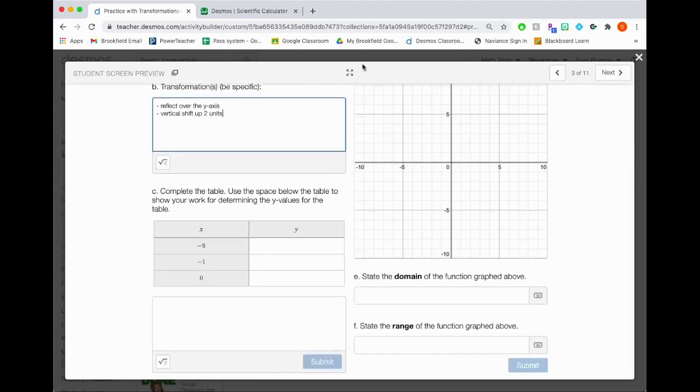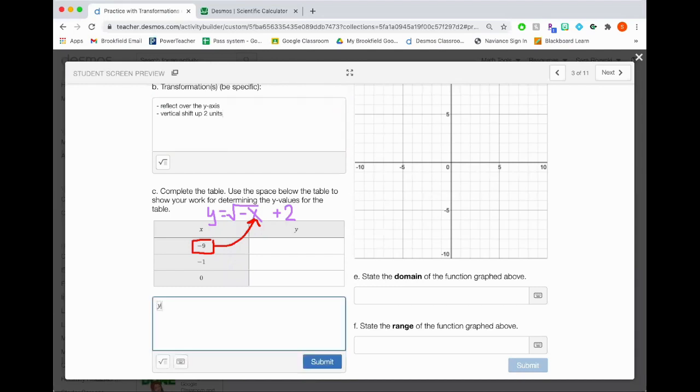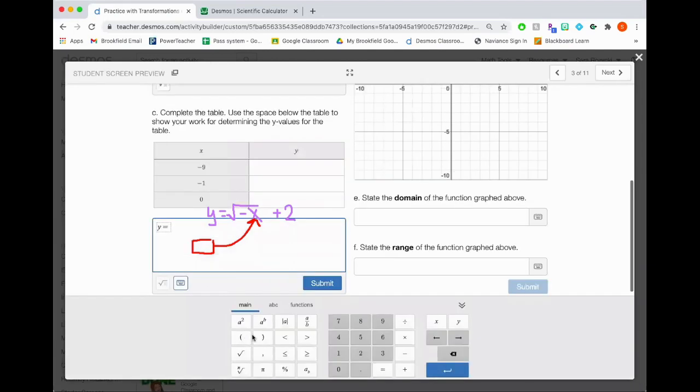So now, filling out the table. Again, I'm going to copy down my equation, which was y equals square root of negative x on the outside plus 2. And what I want to do is plug these x values in for x. So when I do that, in this first one, I'm going to have y equals square root